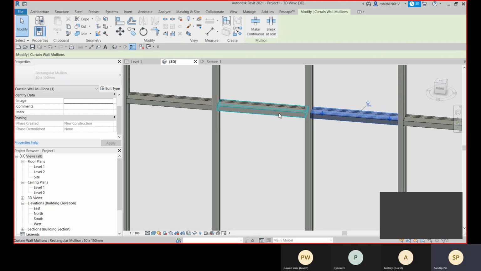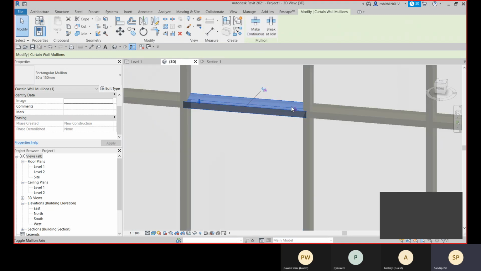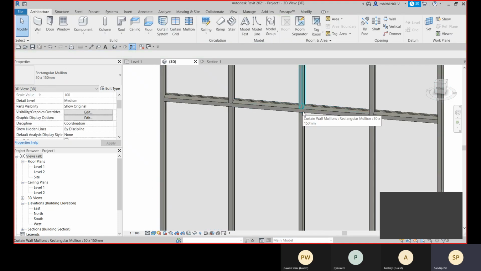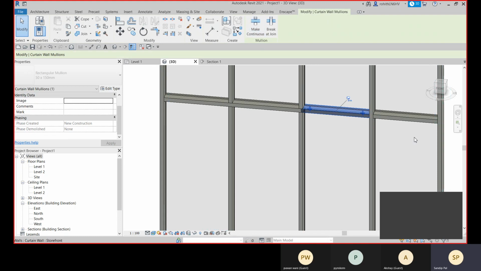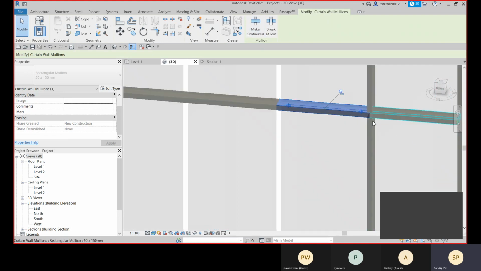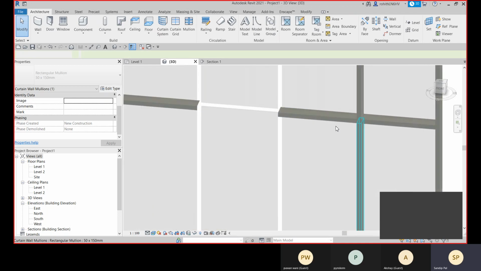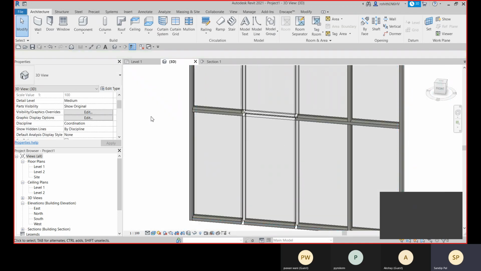Okay, you need to unpin it. So now let me just select it and I will make it continuous. So click on continuous and this is continuous. Okay, you can see. And for this also, if you go for make continuous, you can make it continuous. Okay, so that option is available.